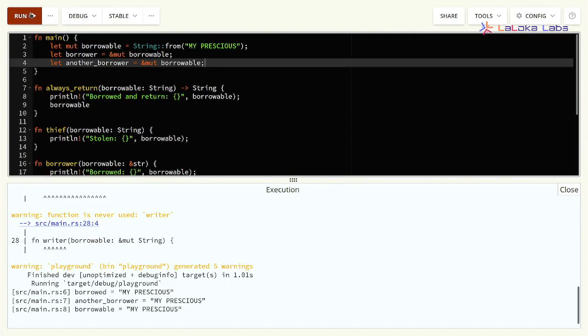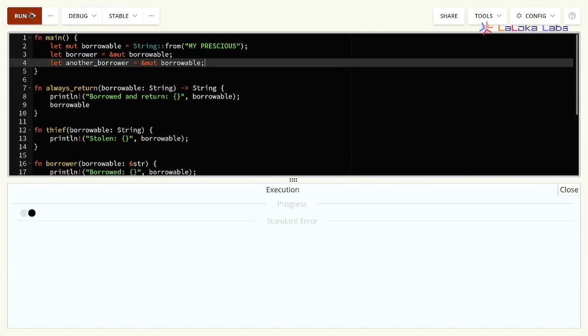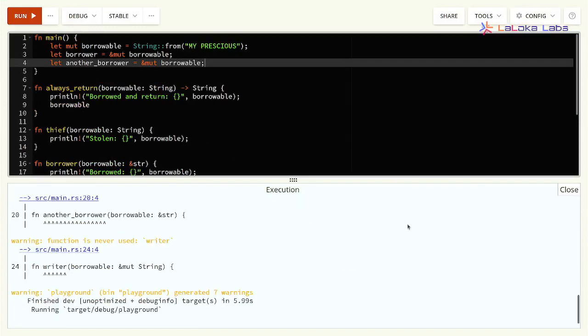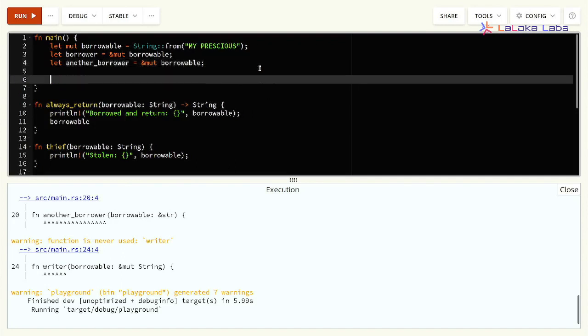Up until now, everything seems to work. There's no error. You just have warnings of things not being used. However, if you start doing the manipulation,